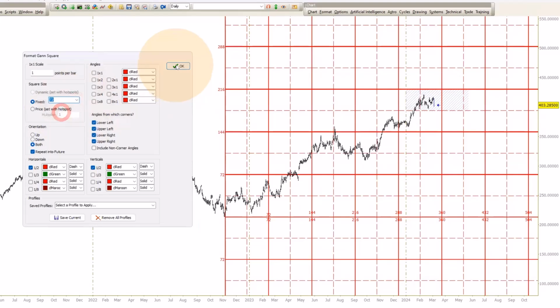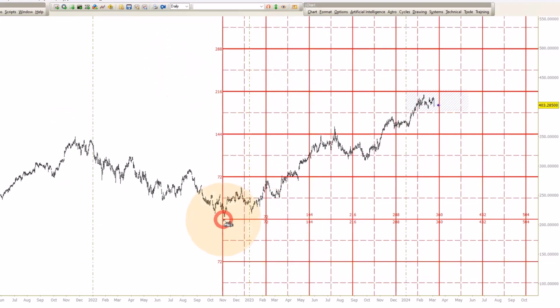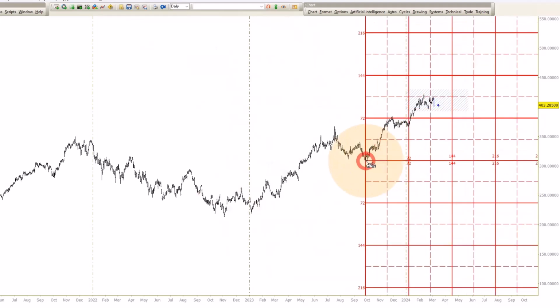Let's see here. Well, that's the largest cycle, 360. Then I want to look at the nearest low to see if we come into some kind of a blow off. And sure enough, we have our famous 108 by 108 hitting right there, like now. So we could say, hey, we do have the 360. We're in the neighborhood. It could be off by a couple of bars, but we have this 108 by 108 that got hit perfectly.